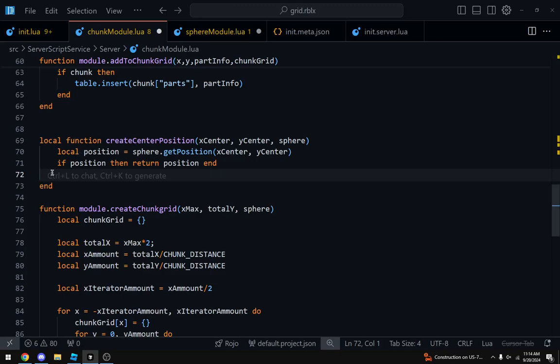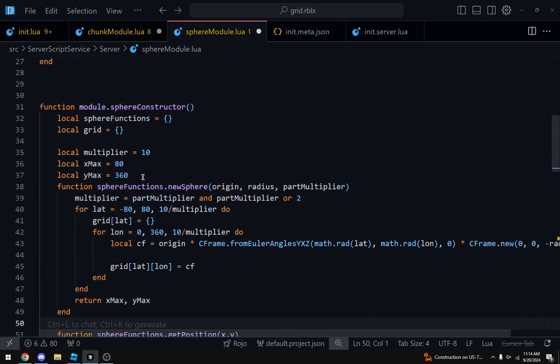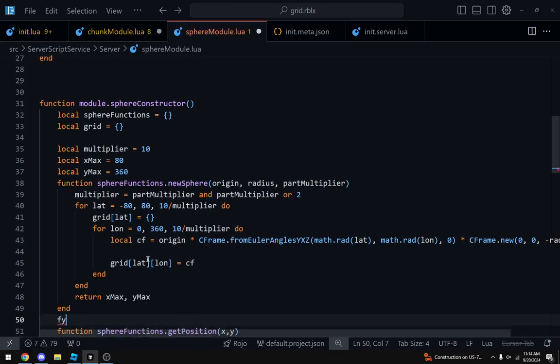We want to basically go through the grid. So we need the grid. So what we can do is do sphere module function, sphere functions dot get grid.